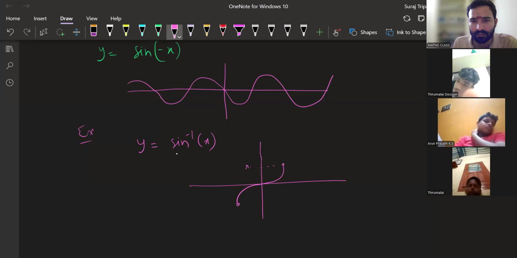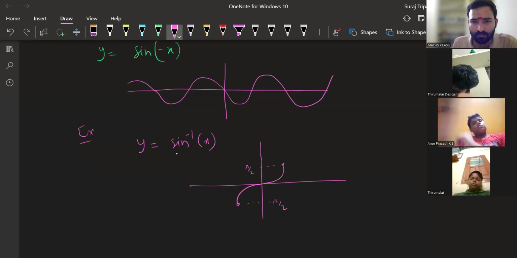This point is here pi by 2. This point is here minus pi by 2. This point is 1 and this